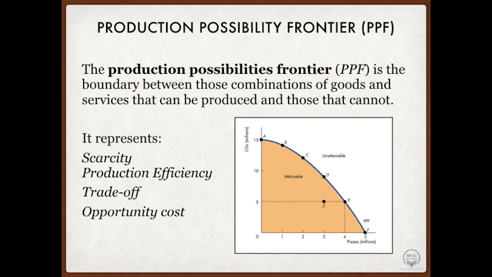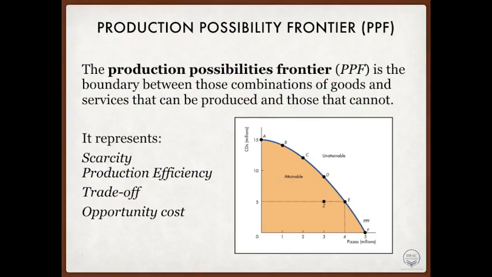So, if you're at any point inside the PPF blue line, such as point Z, production is inefficient. I repeat, if the country is at any point inside the PPF line, for example at point Z, then production is said to be inefficient. This is because the country has some unused resources or some misallocated resources which are not being fully utilized. Therefore, to sum it up,